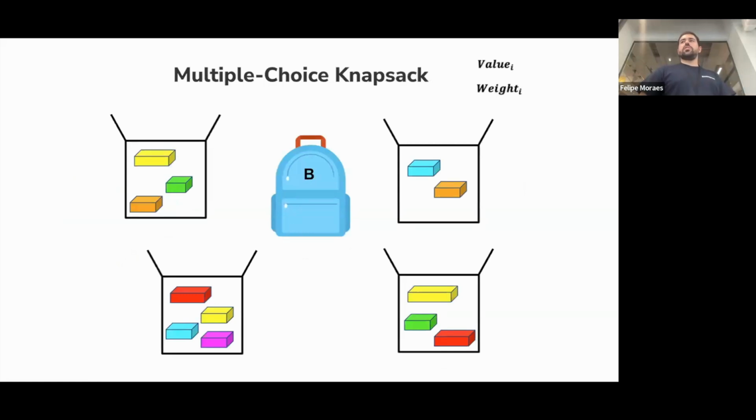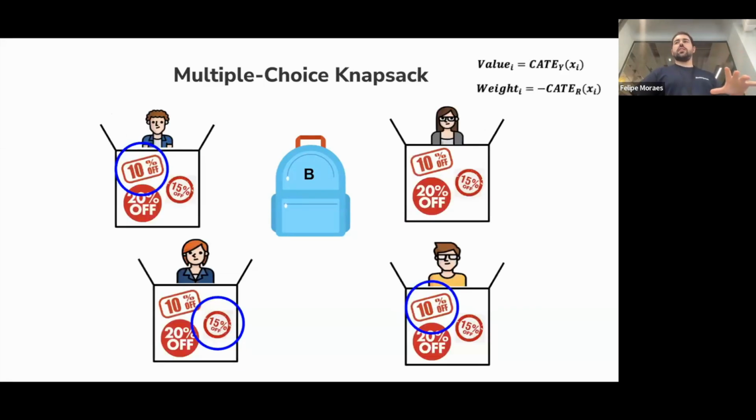Again, the solution to this problem is called knapsack, but in this case it's the multiple choice version. Everyone has different items they can choose from, and they will always have one item. Again, they have values and weights, and these different items are just different treatments. You can just select the ones that have a better ratio, but the interpretation is slightly harder in this case. So I'll just go over the intuition and keep a little bit of the mathematics apart.